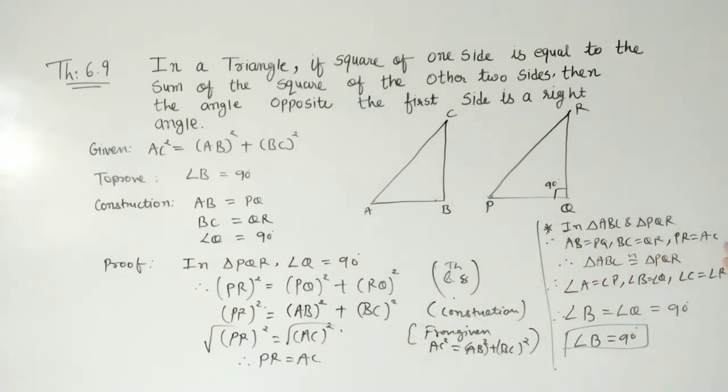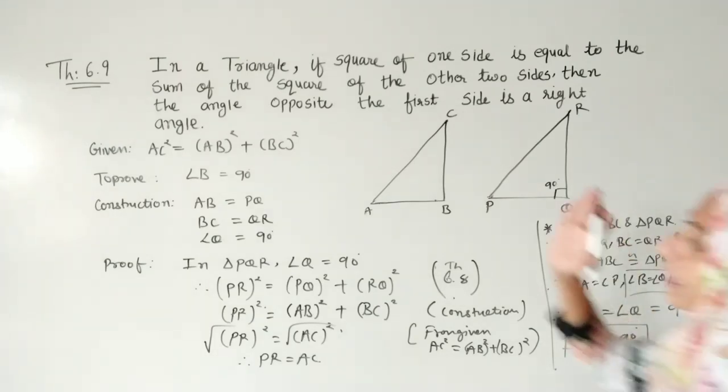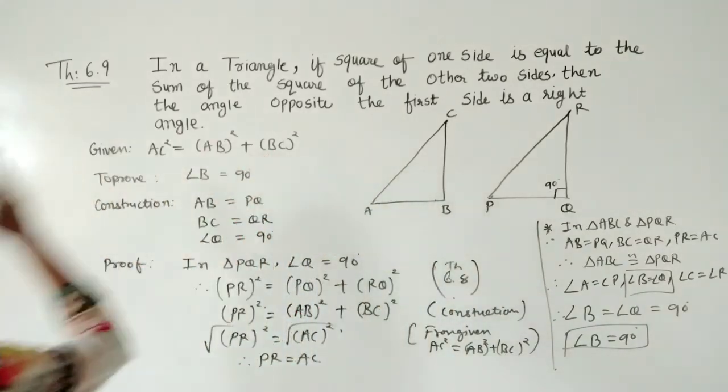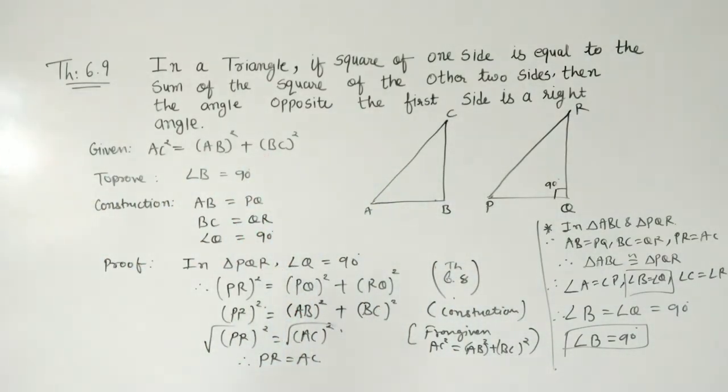If all the sides are equal, then the two triangles must be congruent. If they are congruent, all angles are congruent. And whatever we need, we write here. Q is 90, so B is 90. Therefore, angle B is 90, and that is what we had to prove. This is called the converse of Pythagoras theorem. It means if the sum of the squares of two sides is given to us as the square of the third side, the angle opposite to it will be 90 degrees only. So this is the concept. I think you understood well.